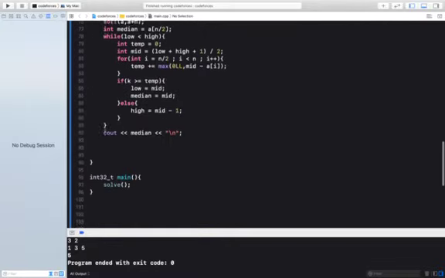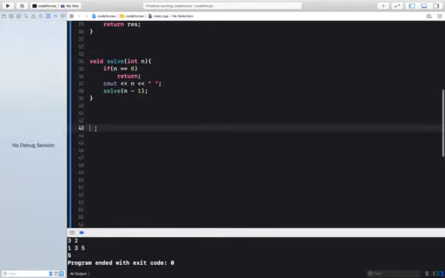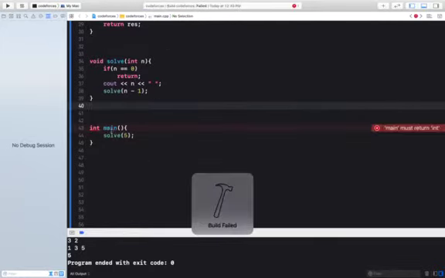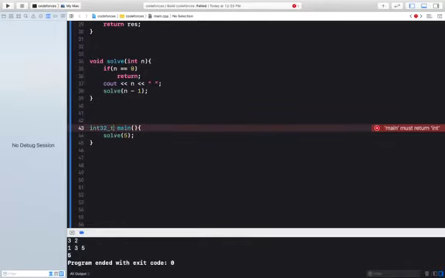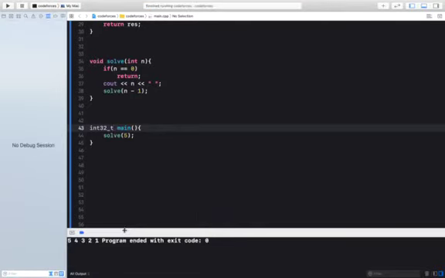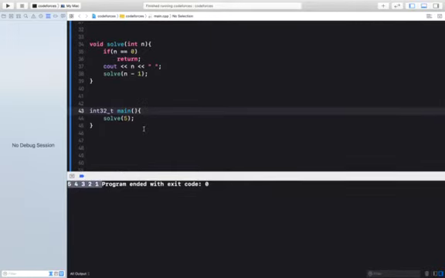Okay, so now I'll show you how it works. Okay, int main, if I call solve of 5, we can see the output very clearly here: 5 4 3 2 1. So it is printing all natural numbers from 5 to 1.